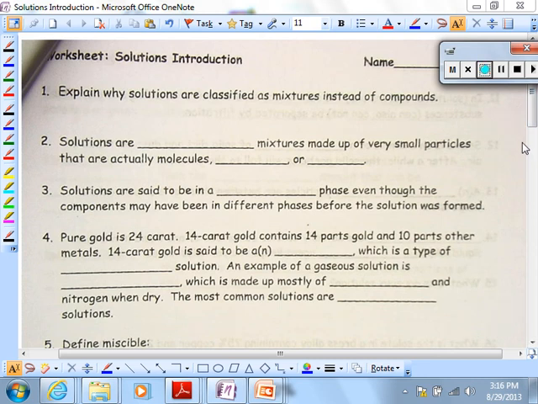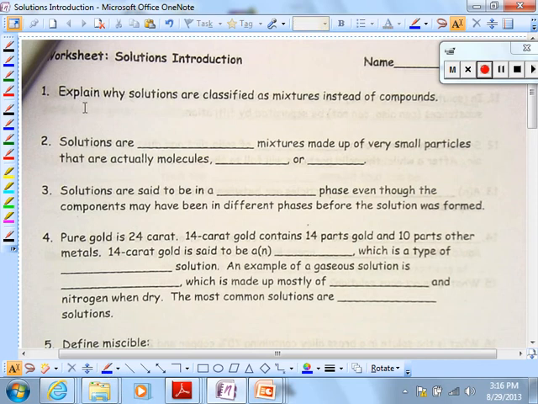All right, so we're looking at the solutions introduction worksheet, and the first question is to explain why solutions are mixtures instead of compounds. So this goes back to that picture we were looking at the other day, where we were trying to decide if it was a mixture or a compound. So we had those boxes, and we had the circles, and some of them were colored in, and some of them were not, and we can insert one where there's a mixture of colored in and not colored in joined together. Okay? So if we look at just a single one of those, like this for example,